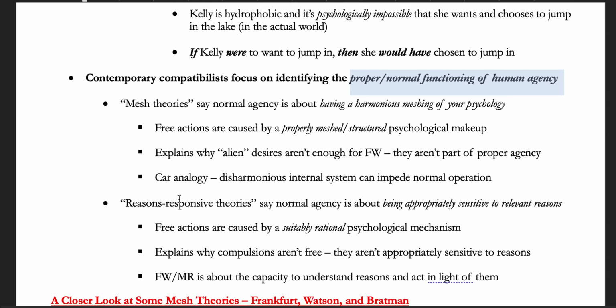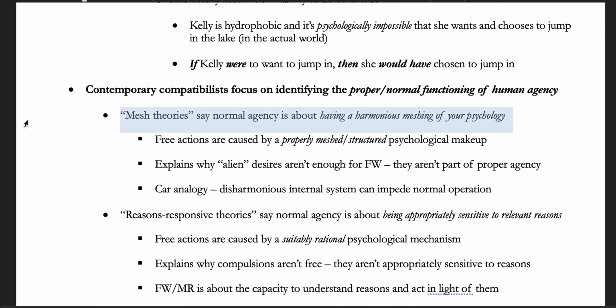And there's two main ways in which contemporary compatibilists have understood this. One is what we'll call mesh theories. And they say that normal agency, this normal functioning of human agency, just amounts to having a harmonious meshing of your psychology. And your psychology, by that we mean the kind of psychological makeup or the mental makeup that you have at some time. So all the beliefs that you have, the intentions you have, the desires you have, the values you have, this sort of psychic cluster of mental states that you have, your psychology, your whole psychology at